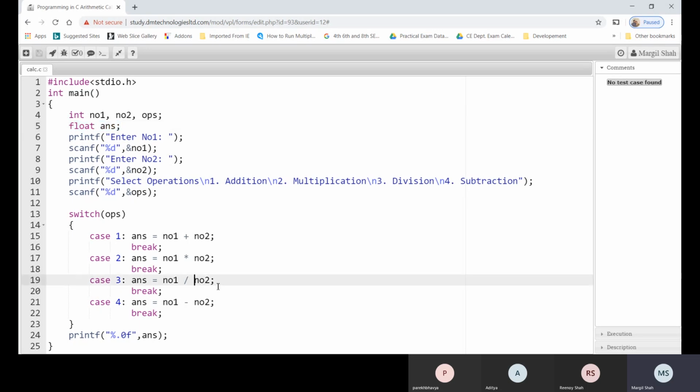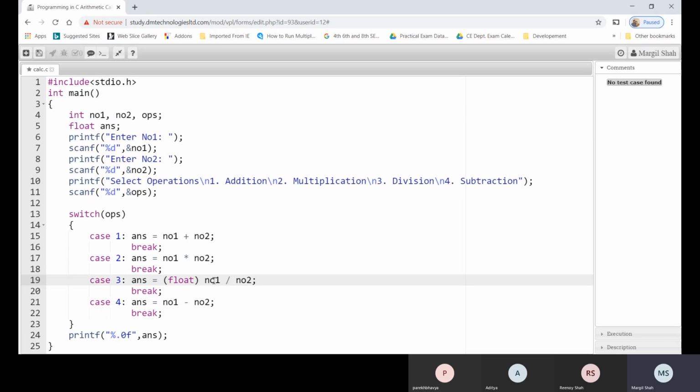Suppose we would like to have the answer in float, then we should write float over here. Either we need to convert number 1 to float, or we need to convert number 2 to float, so that before operations, it may convert number 1 explicitly to float.